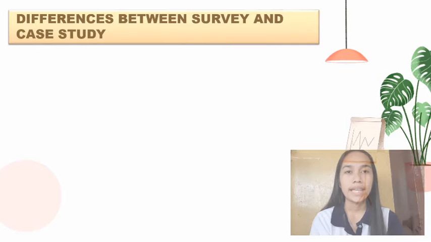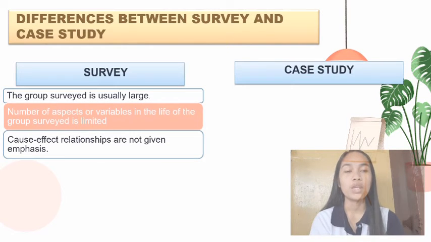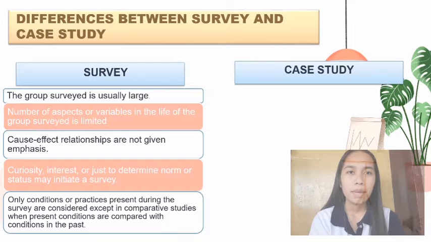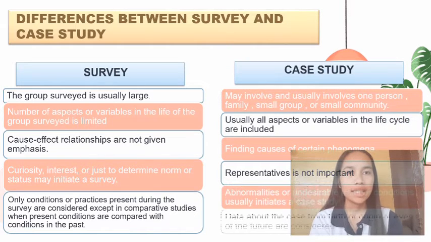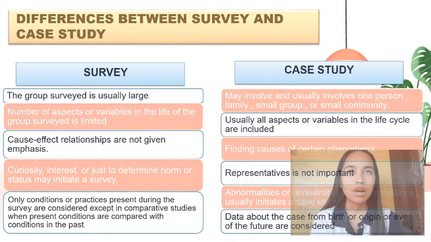Differences between survey and a case study. The group in a survey is usually large, unlike a case study, which usually involves one person, family, small group, or small community. Survey has a large number of respondents because it aims to generalize based on the population. And case study focuses on one person because it aims to answer how or why these things or events happen. That's why they only focus on deeper information and they want to gather information based on how